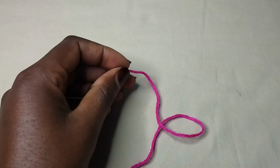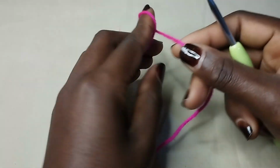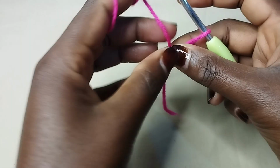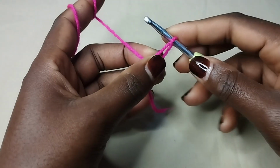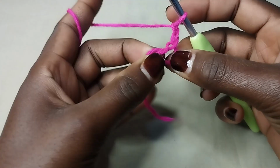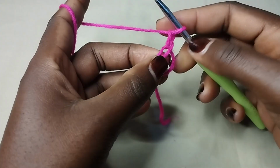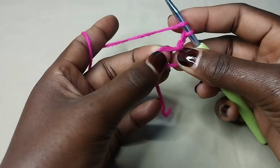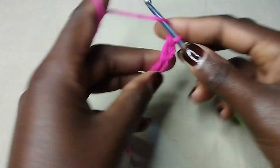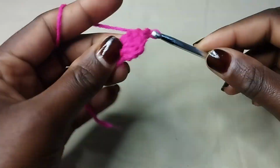So start by making a magic circle, and we are going to make 12 double crochets in our first round. So yarn over and chain 2. These 2 chains do not count as a stitch. We are going to make 12 double crochets in our magic circle. So that's 1, 2, 3, 4,